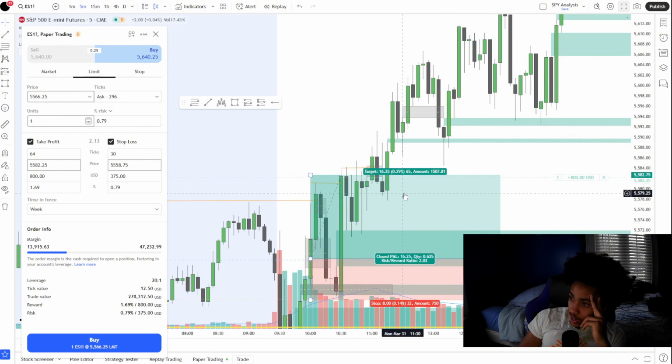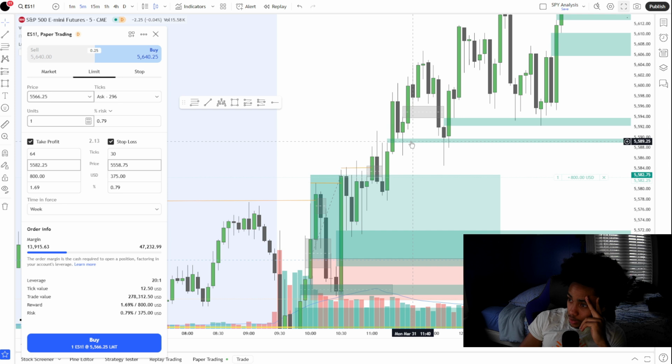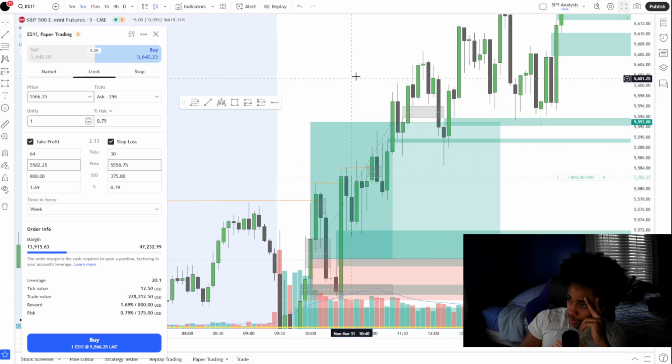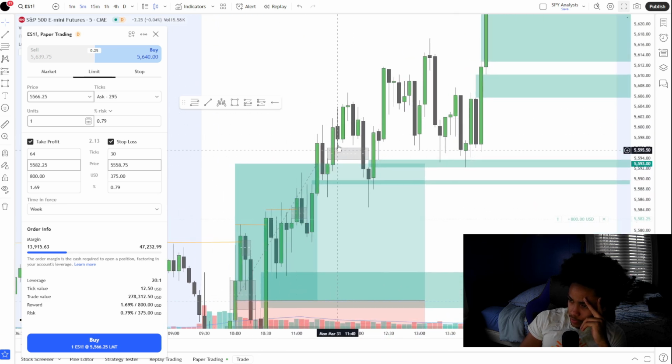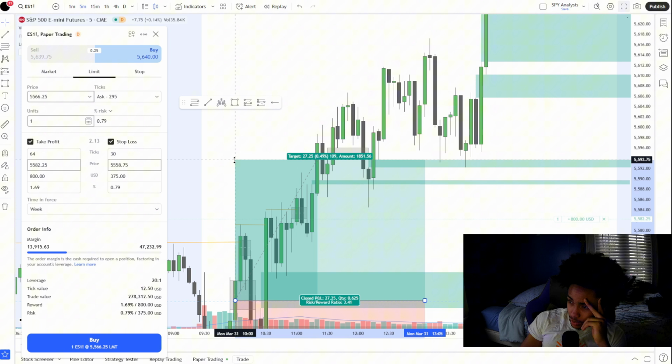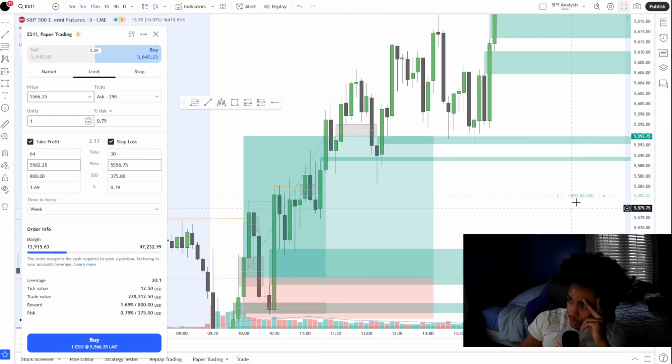So as you can see on the 5 minute, we continue to go up. Fair value gaps come here, but they don't close below. Right here, on the 5 minute, we see a fair value gap form. Nice. Price keeps coming up. Comes down. Strong inverse right here. I'll understand if you exit your position right here, because you are already up $1,000, $1,300 on